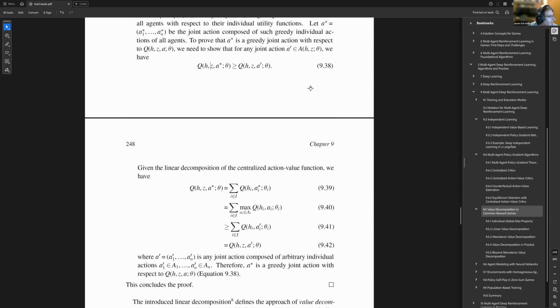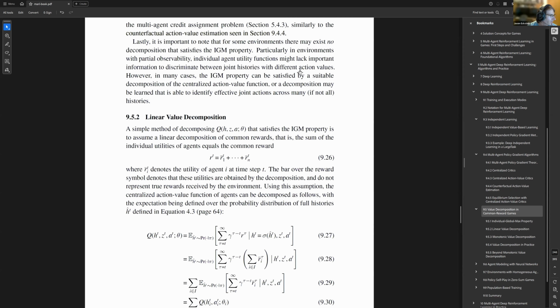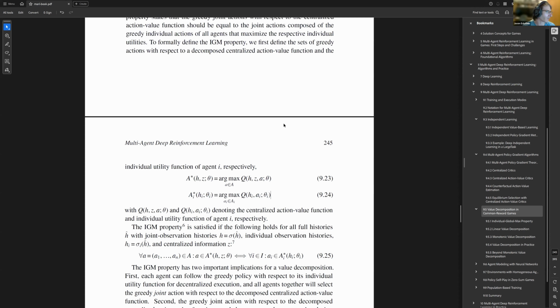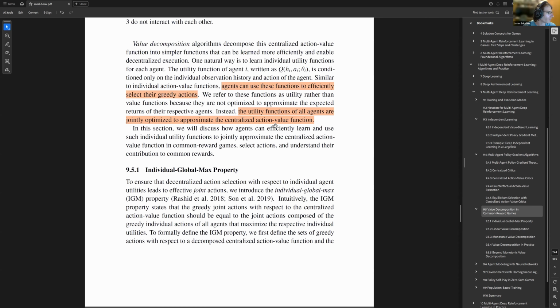Well, the reason why we have to do the proof from both directions is because this individual global max property states that it should go in both directions. Computing the optimal joint action from one set of functions implies the other, and so going in both directions works. Just to show that these are truly equivalent things, as long as, of course, this is all assuming that we can represent